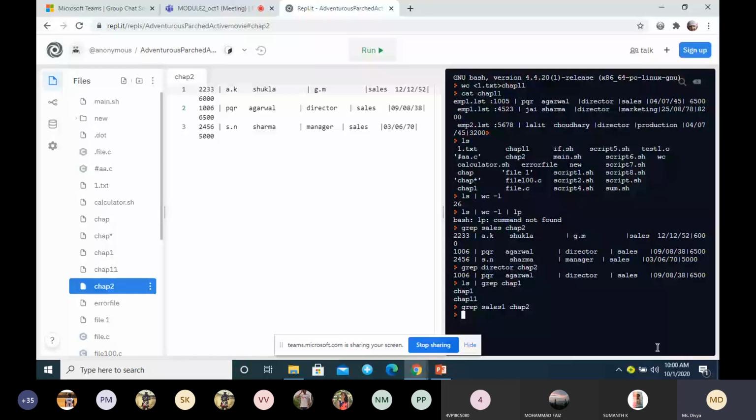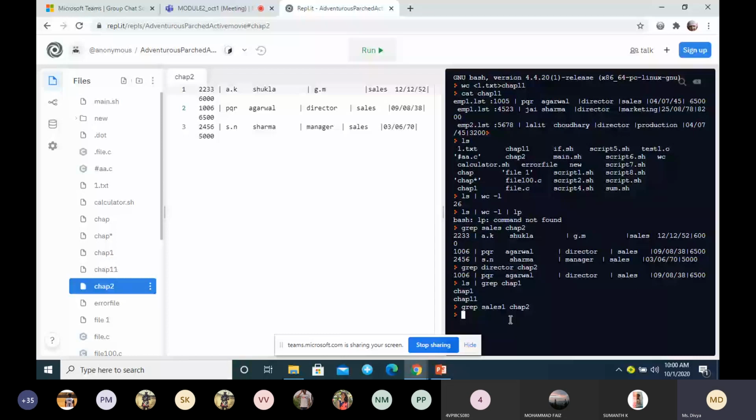In some terminals it will display pattern not found. Otherwise we will not get any output if the pattern is not found. So this is the basic information about the grep command.